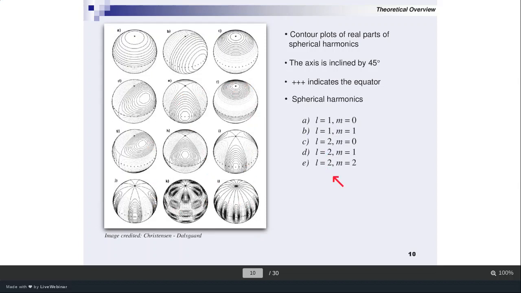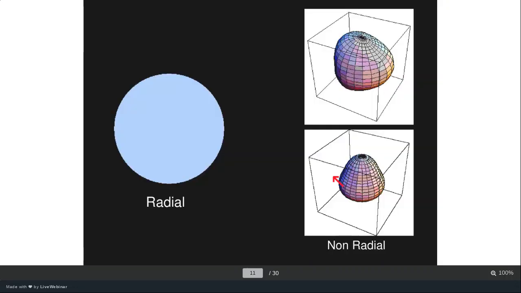First of all, when we are looking at asteroseismology, we have to determine these oscillation modes, N, L, M. Even the mode, whether it is L equals 1 or L equals 2, is very difficult in the first case. So that's what we are supposed to do here. So this is a radial oscillation and this is a non-radial oscillation. So it is not symmetric, right? Here.